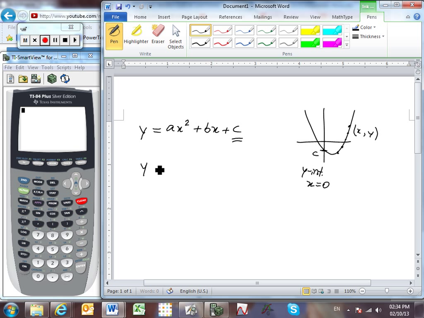Another way in which a quadratic function can be expressed is like this. This is when you factored it. So maybe you took out the common factor of a, and then you were left with some trinomial which factored into these two terms. And this is a useful form because p and q are your x-intercepts. And then there's one more way in which you can express a quadratic function. If we took our original expression, which has been expanded in standard form, and we completed the square on it, we could express it in what's known as vertex form,